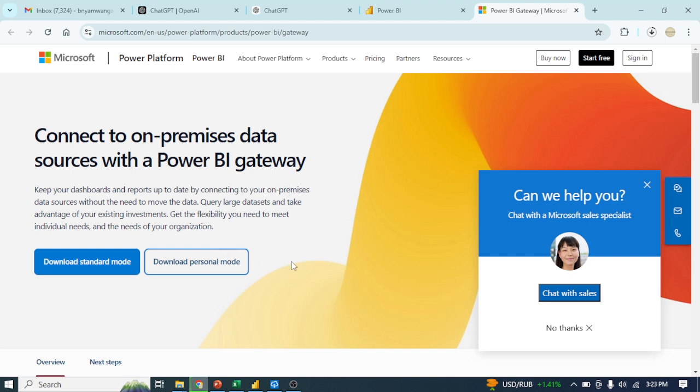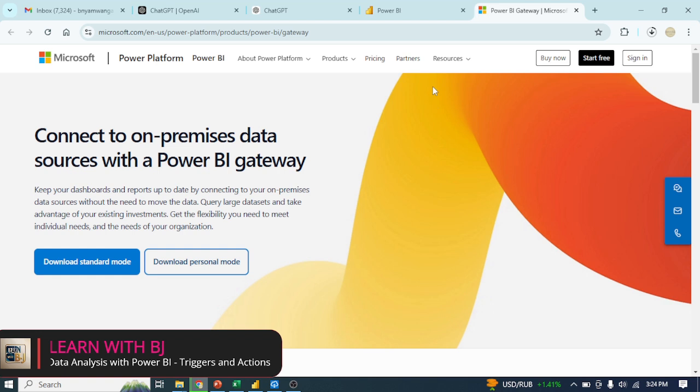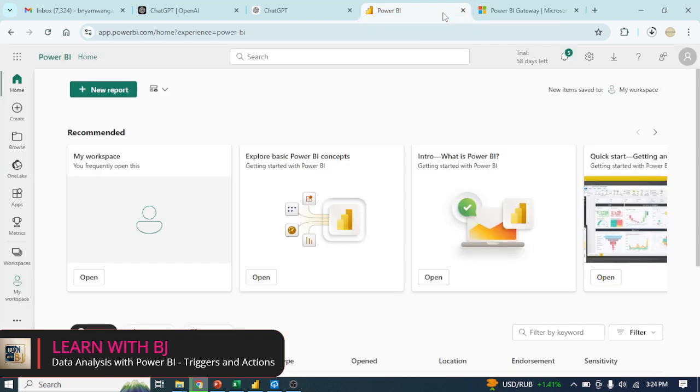But installing the gateway is a simple process that will not give you some sort of headache. So having installed